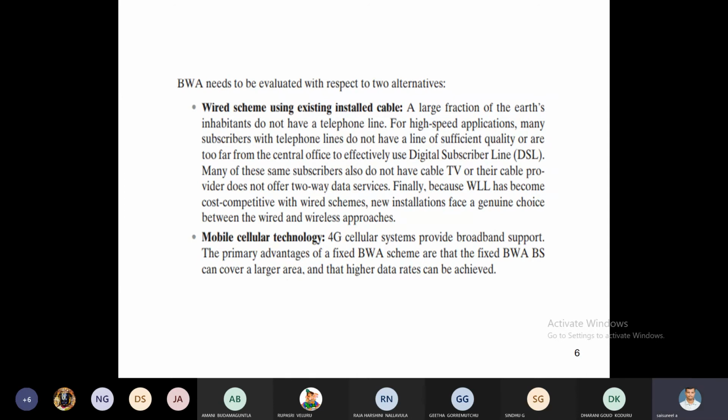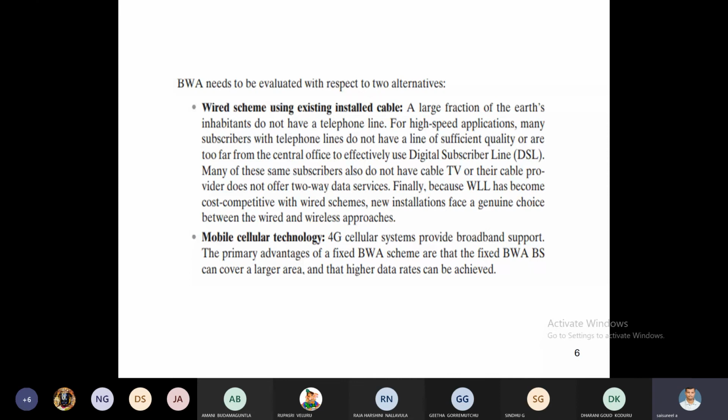Suppose we need a broadband connection; it does not automatically come from the telephone exchange to your home. We use digital subscriber loops or coaxial cables. Then we go for new technology, wireless. The installation time and cost are reduced, and that is, we go for replacement of the cable.